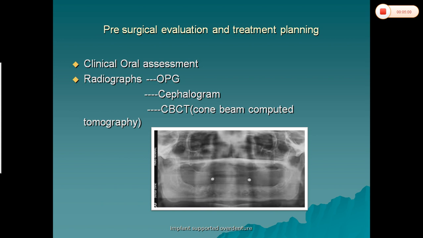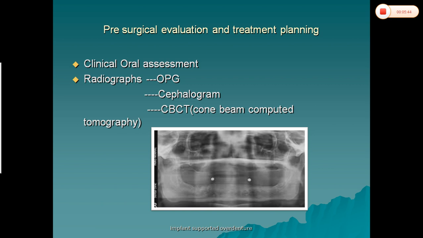Next, clinically we have to assess. Then we have to get a few investigations done. One of the important investigations we do is radiographs. Previously they used to take only the orthophantomogram, commonly known as OPG. In orthophantomogram, there might be distortion, so we will place metallic structures to identify any distortion happening in the radiograph. Why we want to take this radiograph basically is to know the quality and quantity of bone.